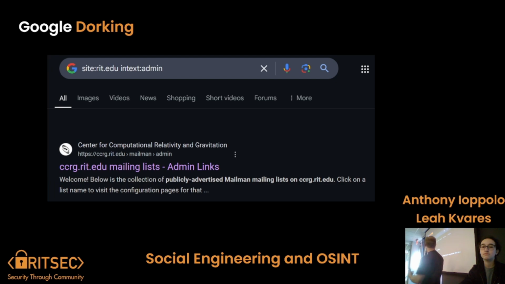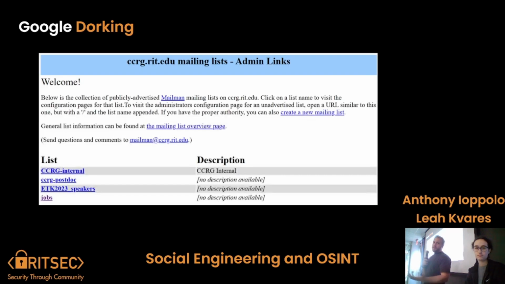For the next example, I want to look for anything on rit.edu where the text contains the word admin. Say they left a little admin panel behind, or something we really shouldn't be seeing, like the mailing list for the computational gravitational research group, which is supposed to be password protected, but I feel like I shouldn't be able to just see all this stuff.